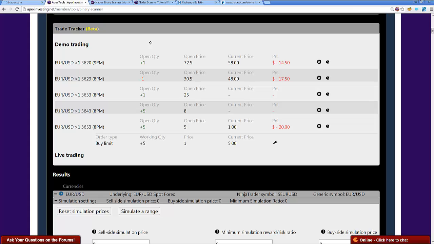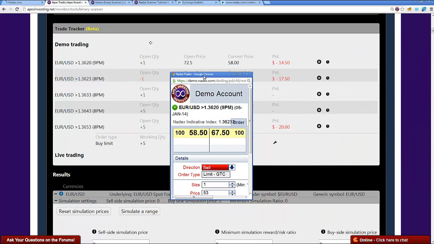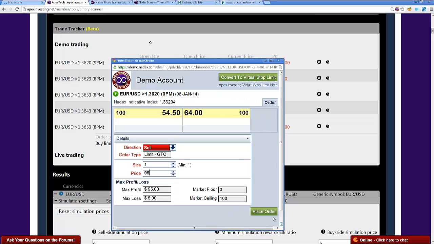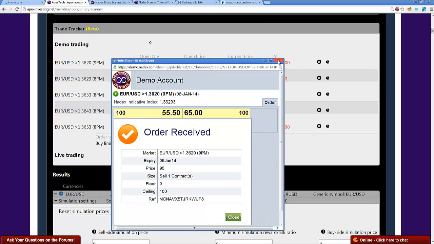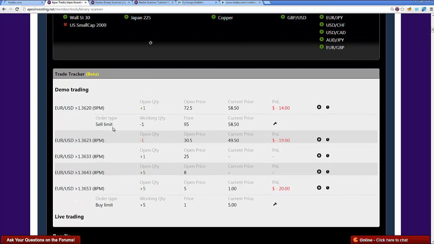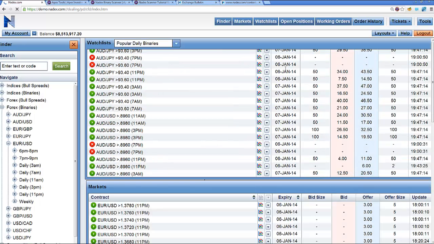So let's say I had a take profit. I bought that one at 72. So let's say I put in a take profit to sell it out at 95. Okay. Then make that a little bigger. What it'll do is actually link my take profit up with that order and tie it in. See how it says now there's a sell limit at 95. Whereas if I go over here to Nadex, guess what? I'm looking at the open positions and the working orders,